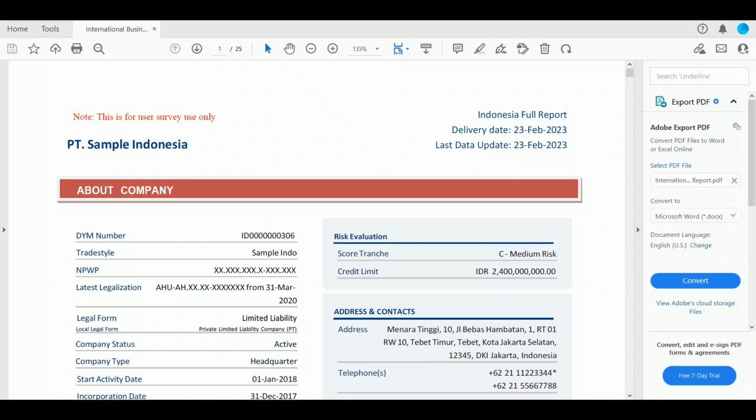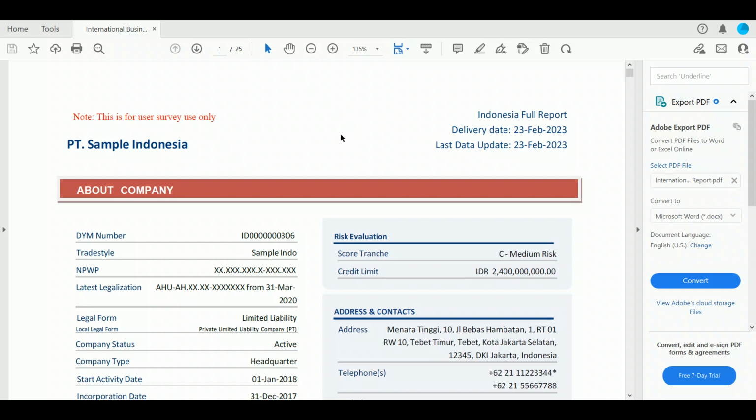Hello. So in this section, I will walk through the sample report. This sample report is the International Business Information Report. We cover a wide range of the topics that are important for understanding the health and the performance of a company. The main objective of this survey is to understand whether the information is helpful for you to get the